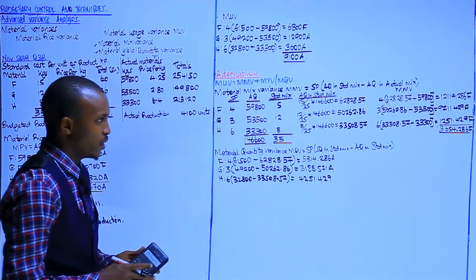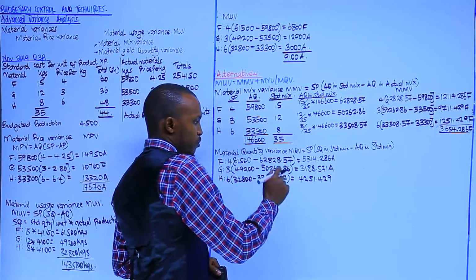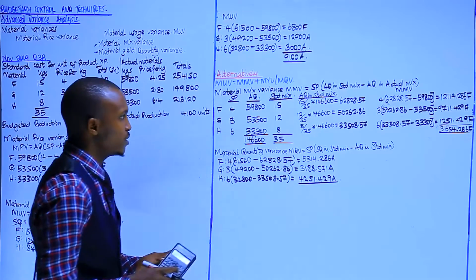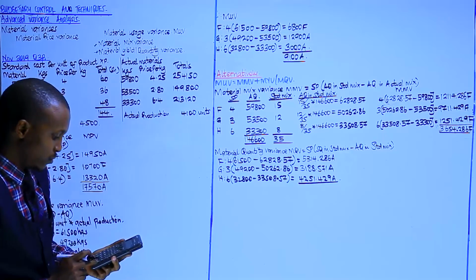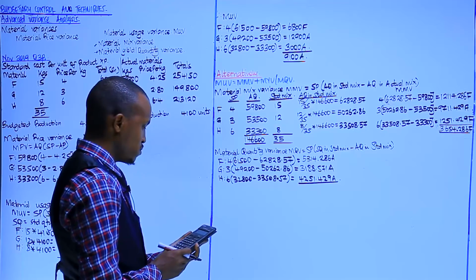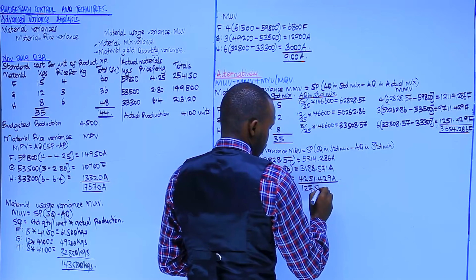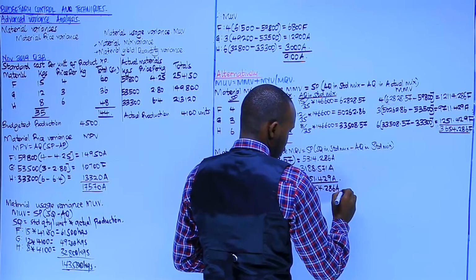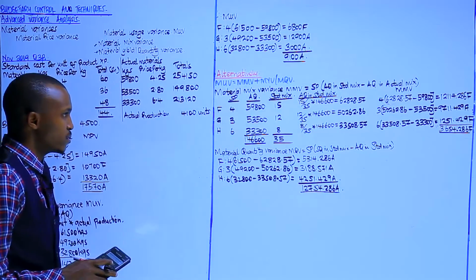We need to identify whether it is favorable or adverse, and this will be an adverse variance. That will be an adverse variance. $12,754.286, which is what? Adverse, which is who? Adverse. Okay,